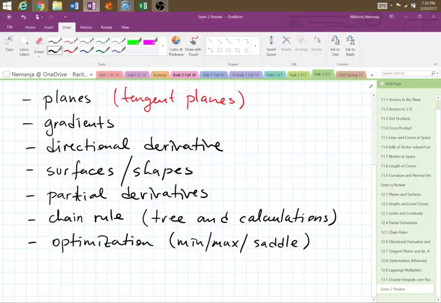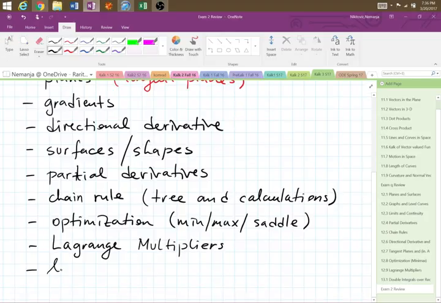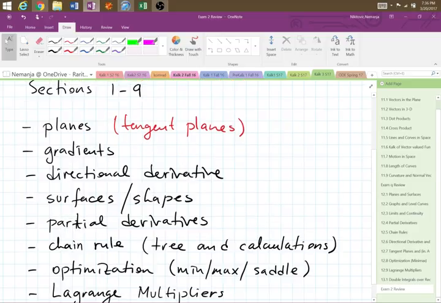That's the camel part. And we have Lagrange. And level curves. I think that linearization is under the tangent plane. So I'll just go like this and say